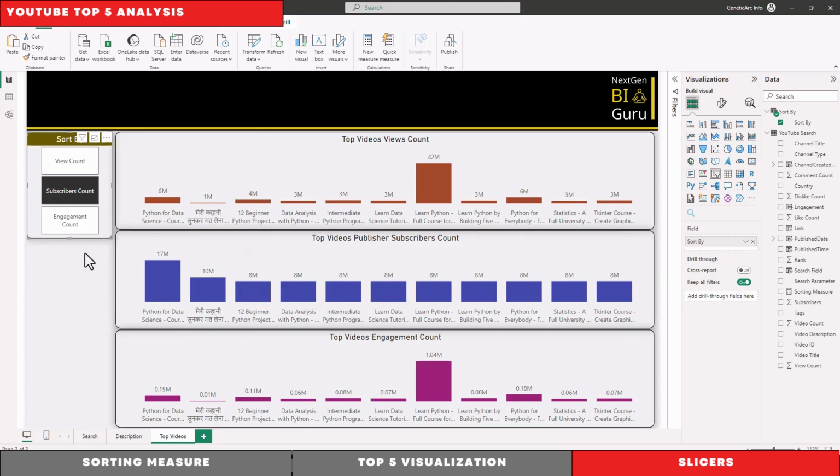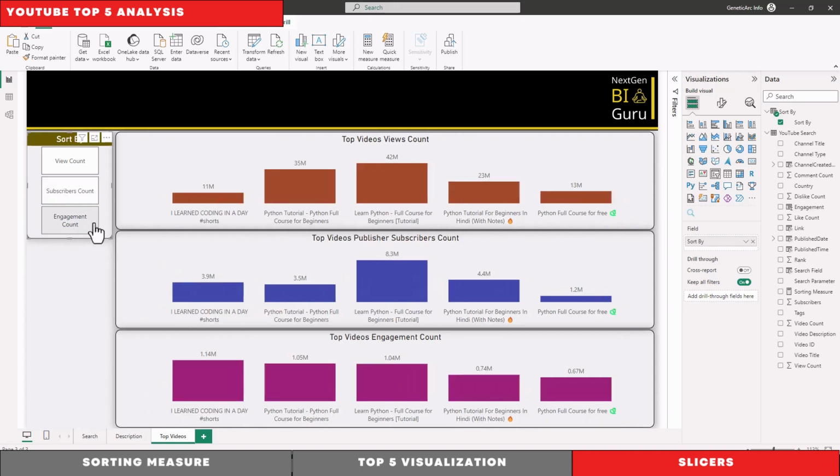And for example, if you switch to engagement count, you can see the engagement count is sorted descending for the top 5s, and we have the other 2 visuals sorted in the same way. This way you can easily compare the different videos because they're all showing on the same vertical column.